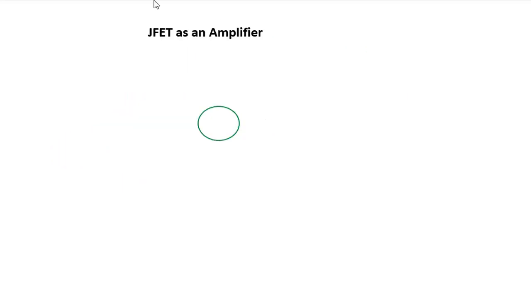Now let us discuss how a JFET will work as an amplifier. So let us draw the circuit diagram first. This is the channel, drain and source, gate G, drain D and source. Now this is an N channel JFET, so the arrow is towards in. Now the weak signal is applied between the gate and source, and the input circuit we have to connect to reverse bias.